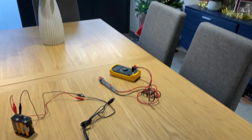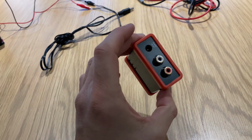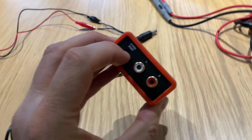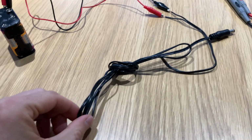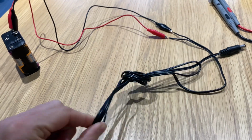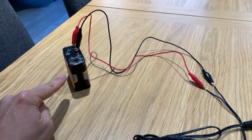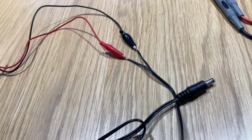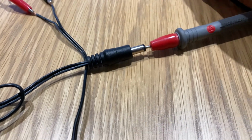Right, it's a couple of days later, and I've now got this 12 volt Bluetooth module that I ordered off Amazon. It takes a DC jack input, which I've just snipped off an old adapter that I had, and I've been testing it with this battery pack. I just happen to have a 12 volt battery pack that I could use to test. I've connected it up, and it wasn't particularly obvious which would be the positive and which the negative, but if you stick a multimeter in the end there